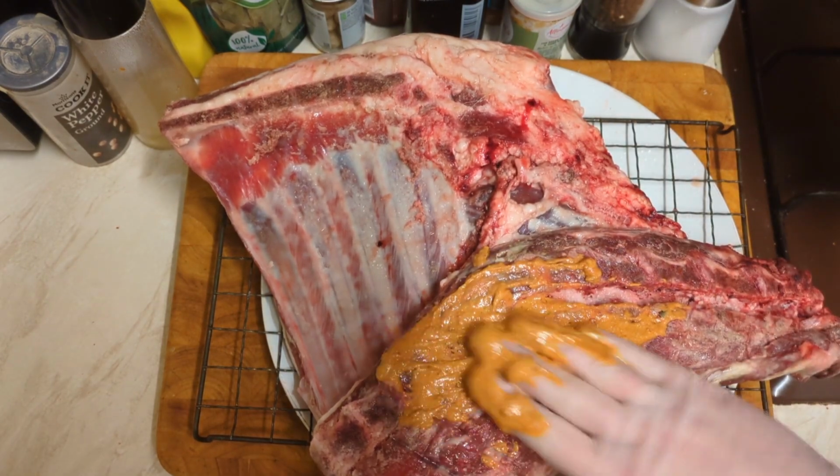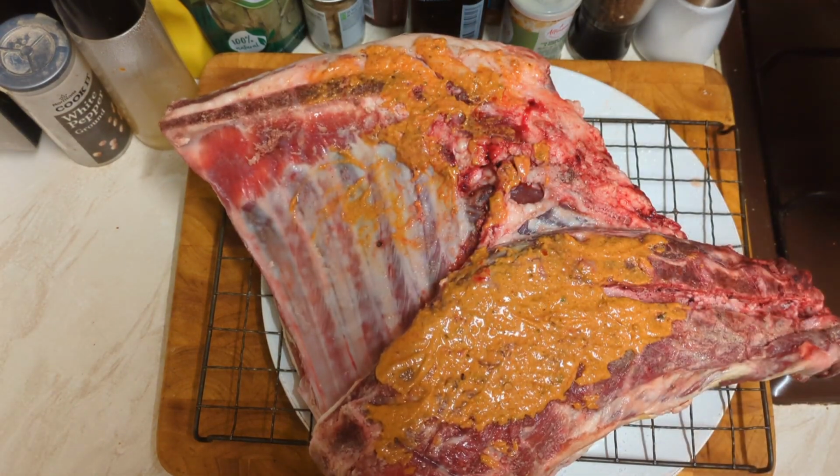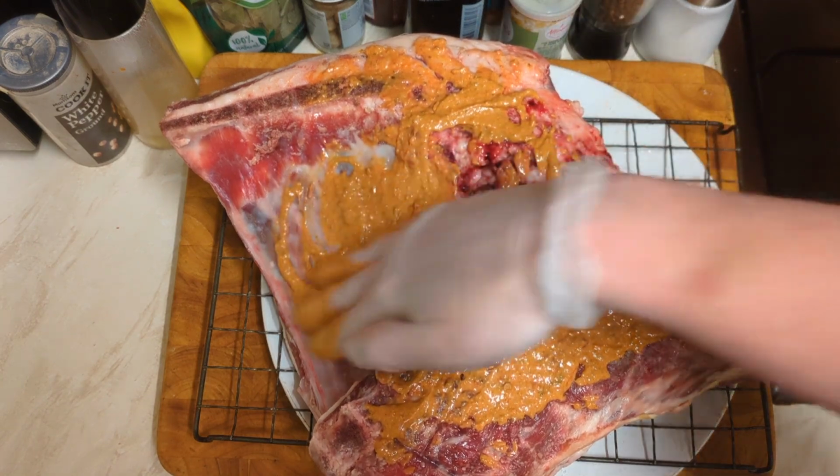Right, not being too precious here. I'm just going to get this on. There's not much meat going to come off the underside. Excuse me for yawning. Getting on a bit here. But yeah,